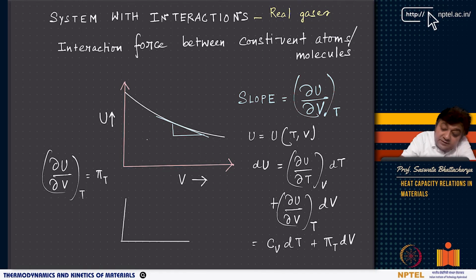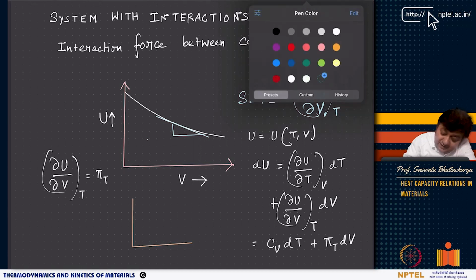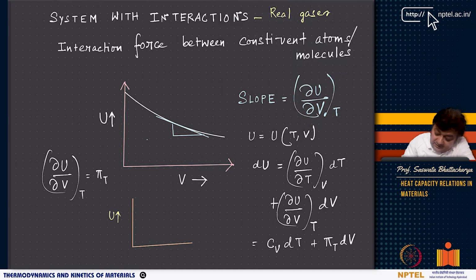this is your, let me brush with another color just to distinguish. Yeah, so if you have U along the y axis, and T along the x axis, in general, you will see the slope going something like this, right? So you go something like this. So you will have a positive slope. So as V increases, internal energy decreases.